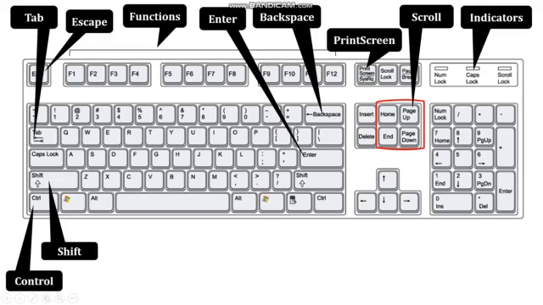Now print screen is used to take a screenshot, like you take a screenshot on your mobile phones. Similarly, on your laptop and on your computer also you can take a screenshot by using print screen.